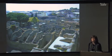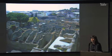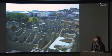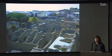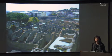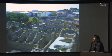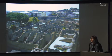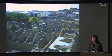One difference is that the city of Herculaneum was supposedly founded by Hercules, hence its name Herculaneum. But in other respects, the history, again, is quite comparable. We know, for example, that the city of Herculaneum was overseen for a while by that same Italic tribe called the Oskans, who were then conquered by the Samnites, and the Samnites took over Herculaneum, and it was during the Samnite period in Herculaneum that